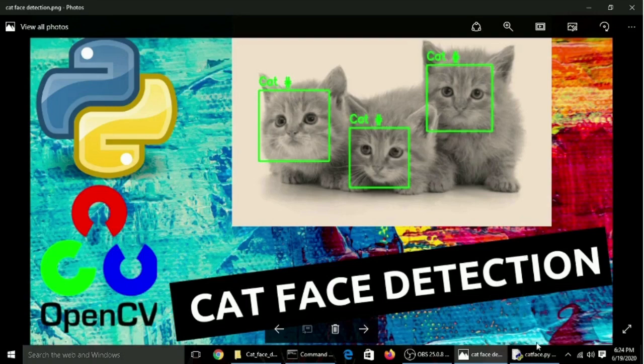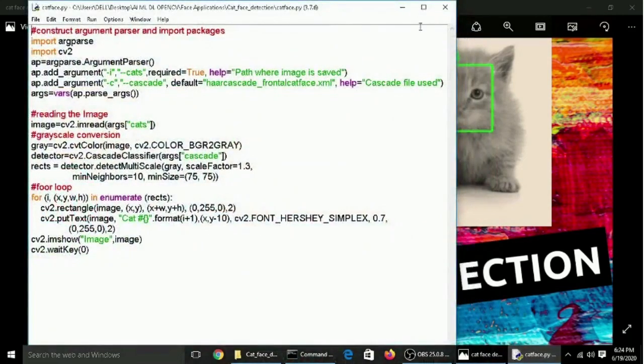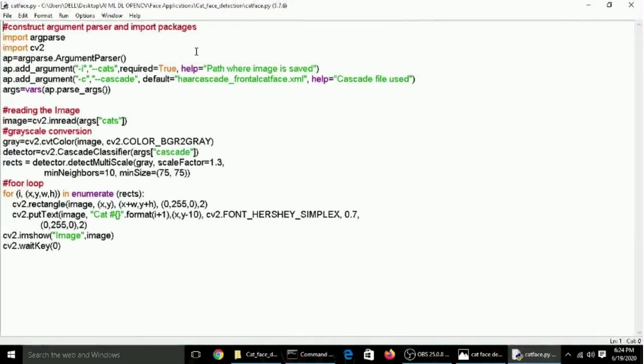Walking through the coding. First, as you see, we will import the packages and construct the argument parser. We need two packages for this code. First is argparse and second is of course cv2.